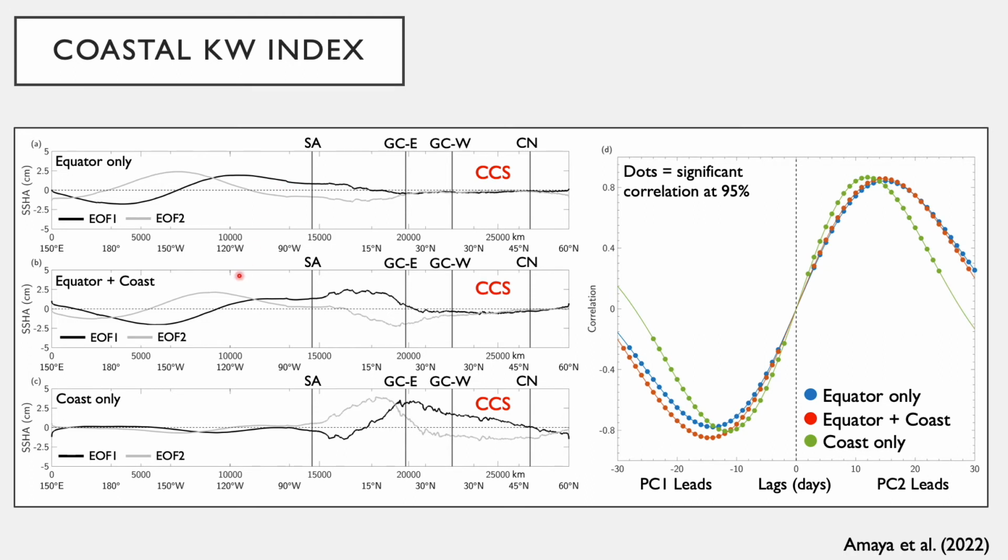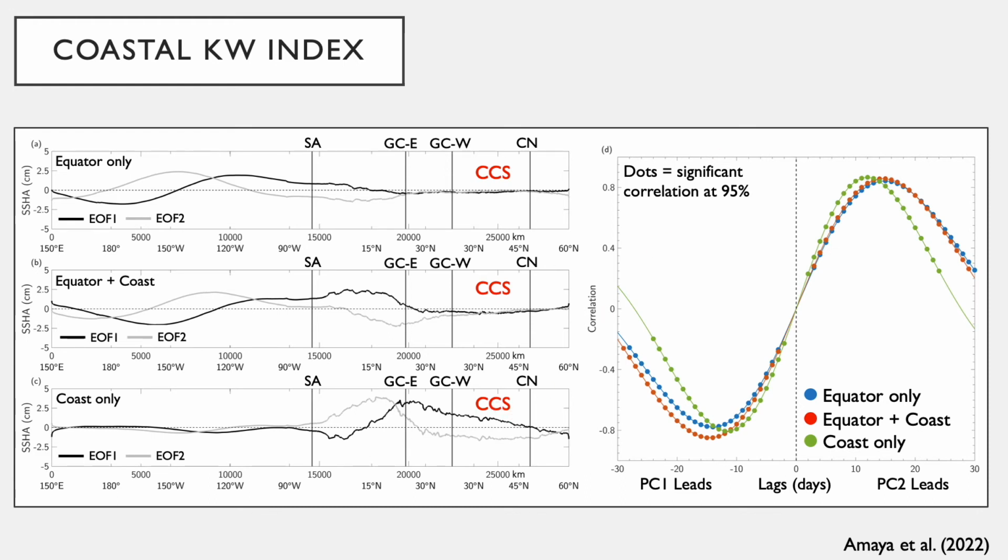And what's interesting is that when you start to include more of the coastal grid cells in either our equatorial plus coast domain or our coast-only domain, you'll see how the EOFs begin to project more strongly up the coastline. In particular, in the coast-only domain, you can see a much stronger projection of sea surface height anomalies within the California current system itself, indicating that the coast-only domain is more strongly capturing coastally trapped waves that are propagating through